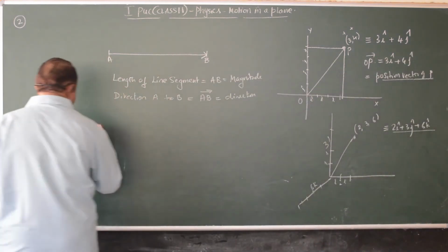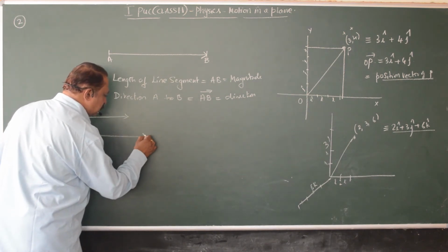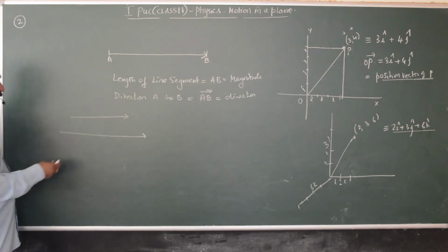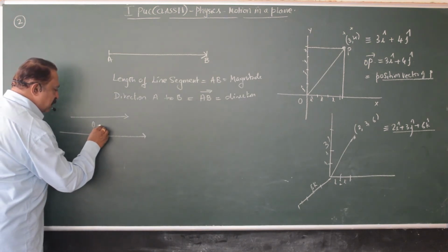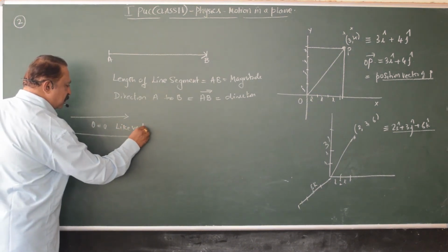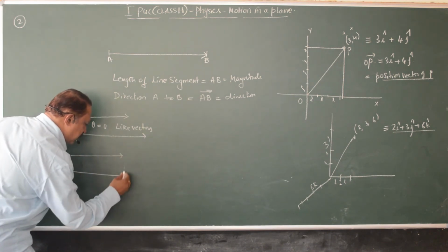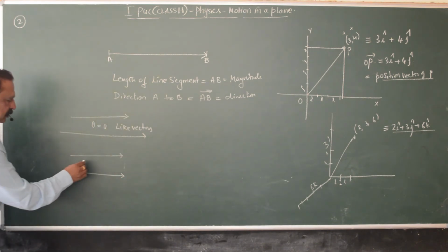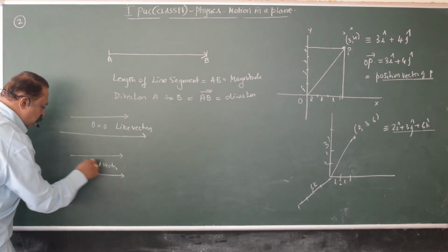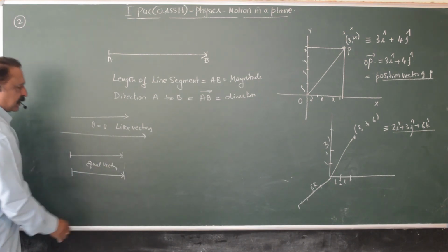See, in vectors we also have like vectors. Both the vectors are exactly aligned in the same fashion, or the angle between these two vectors is 0 degrees. This is called like vectors. You also have equal vectors. That means both the vectors have the same magnitude and the same direction. This is equal vectors. You can see that the length of the first vector is the same as the length of the second vector.